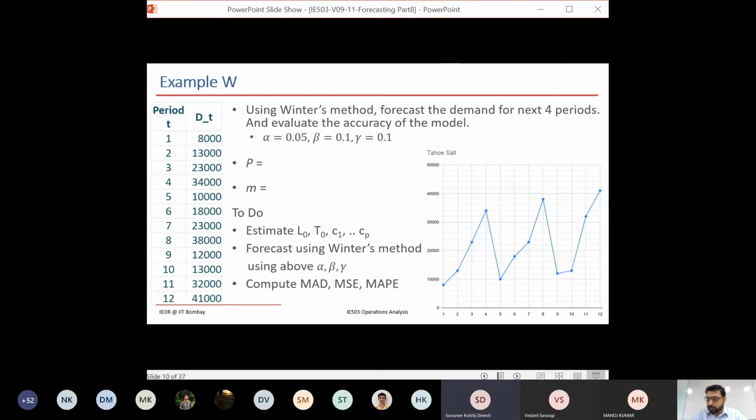Yes. The main difference from regression, which is easier to explain with Holt's model, is that in Holt's model the trend, that is nothing but the slope, can be updated more easily when new information is available. In a regression model, you have to again fit a regression line using all the data points. That becomes a bit cumbersome. So just to ease the calculation, we are using this so that we can easily update the trend.